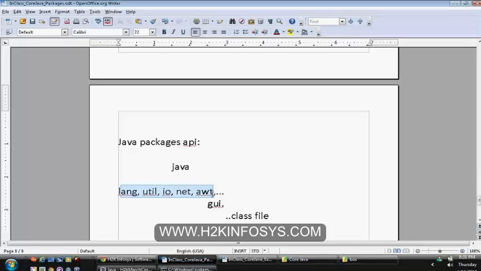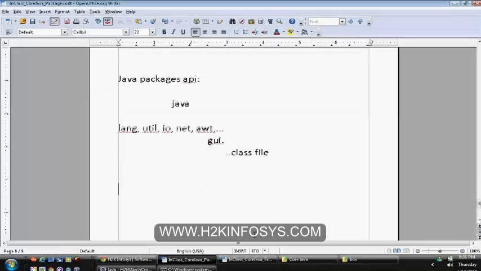Among all these, until now we have used the System class and the String class. We have discussed the compilation and execution of a file with the java command, and we have mentioned that we are supposed to use the fully qualified class name.